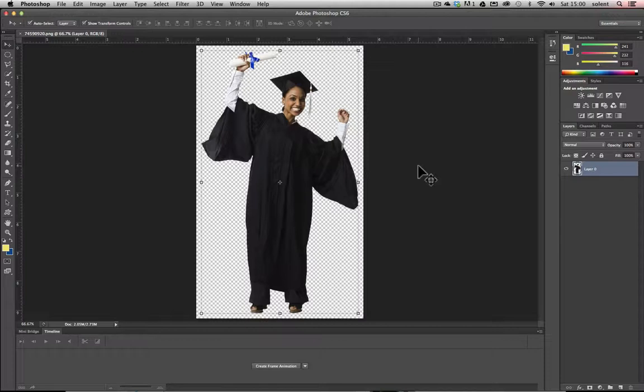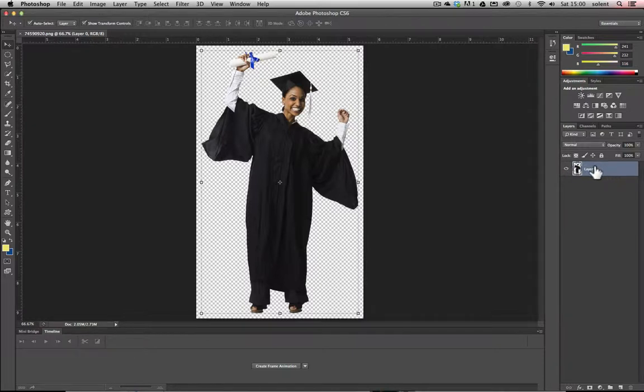Normally in animation, you would have to break up an object into different components. Now here we're going to use the Puppet Warp tool in Photoshop to create some manipulations of just one image and duplicate them. So here we have an image, it's on a transparent background, and you'll see there's just one